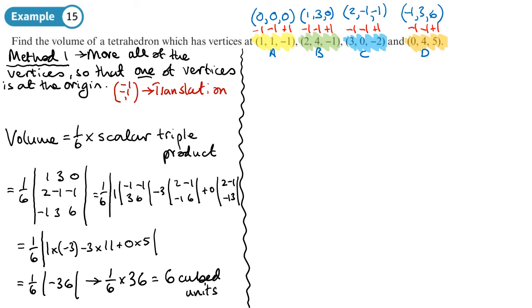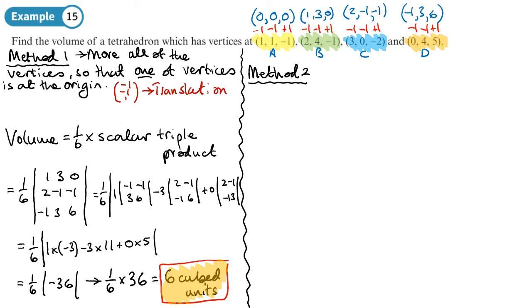So this method here, what I've done is moved all of the points so that one of them ends up at the origin. Now I could have done it with any of the points, I would have ended up with the same answer. Yeah, so you basically apply a translation. Now method number two requires us to work out the